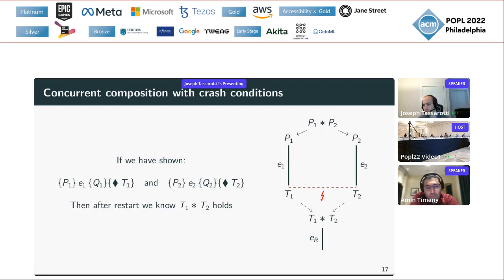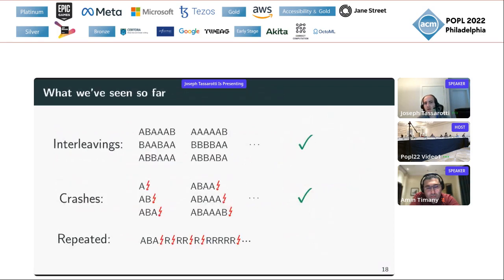So we know that the recovery procedure will be able to start with T1 star T2. Okay, so taking stock, what we've seen so far is a way to describe the system in normal interleavings with no interruption. And also, we have a way to describe the status of the system after a crash occurs, but we haven't yet seen a mechanism to handle the fact that crashes can occur repeatedly, in particular, re-interrupt our recovery procedure.